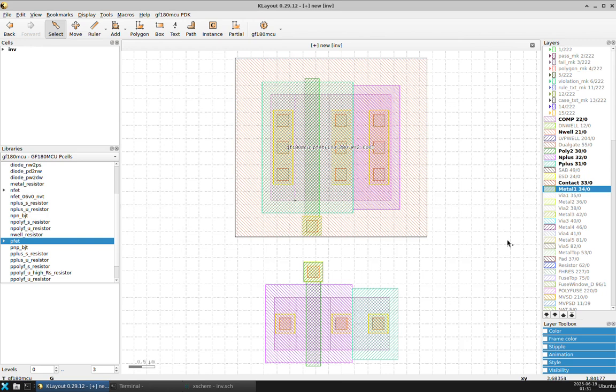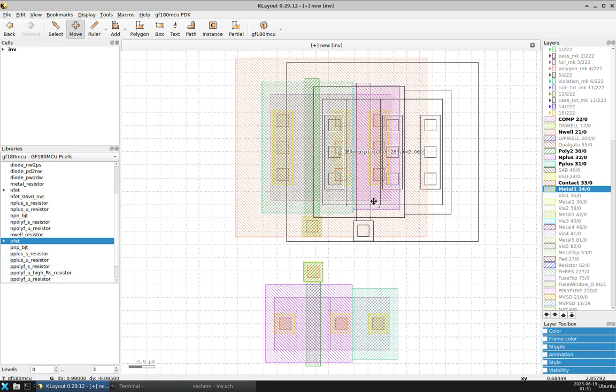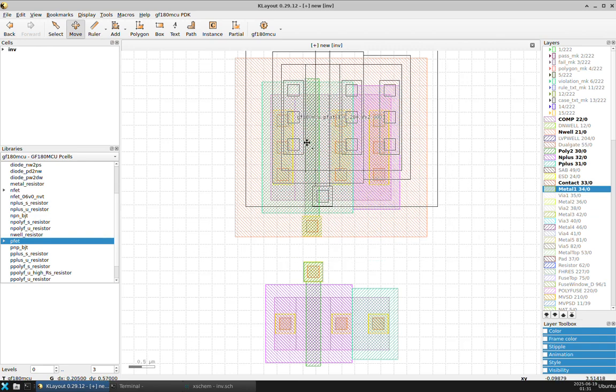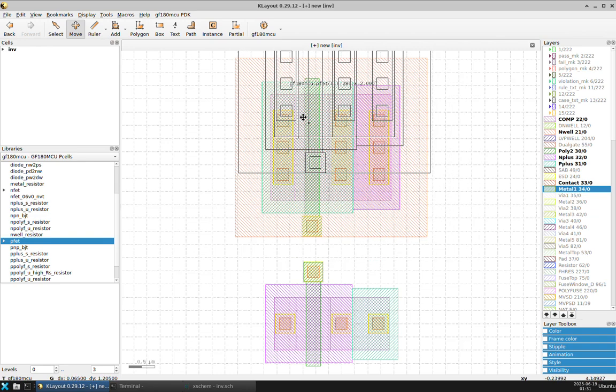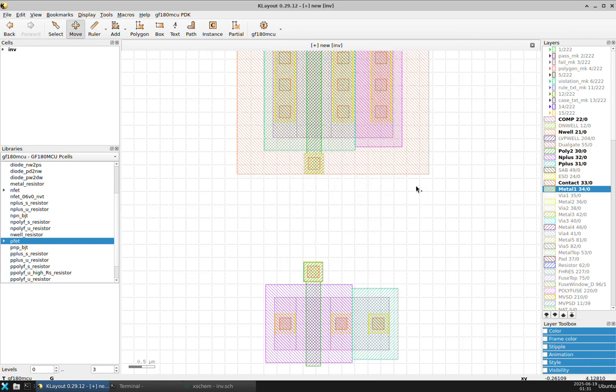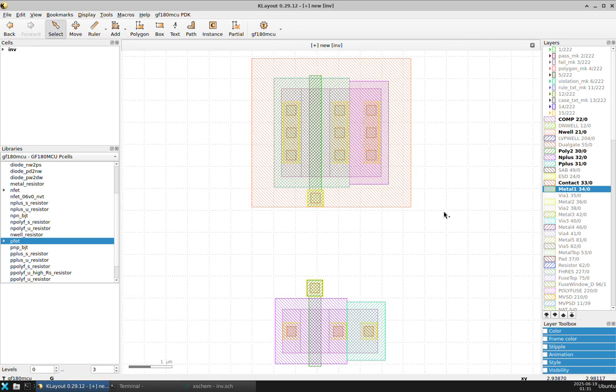Okay, now we have both our transistors over here. And if I need to move any objects, I only need to press move and then press on the instance that I want to move. Is it like this? Maybe I want to move it a little bit further up, right here. All right. And then with pressing F, I can have the full view of whatever I have placed so far. So, okay,